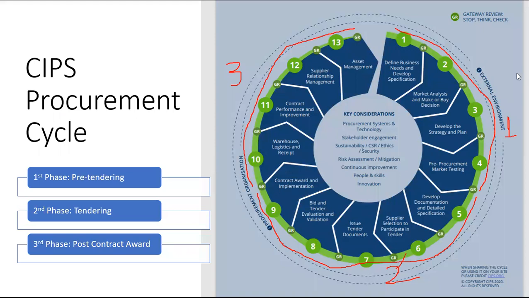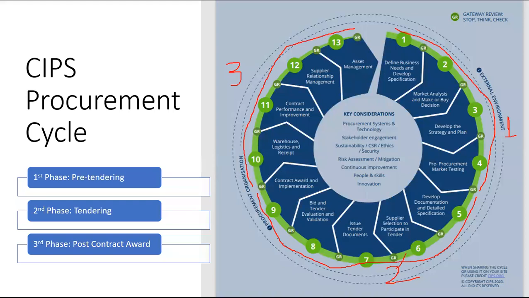Three subphases. The first phase, I will call it pre-tendering. What we do before advertising the needs to the supplier. We have defined needs and developed a draft specification, market analysis, draft a plan, and testing the market. We should do this before sending the documentation, before sending the invitation to tender or the request for quotation to the